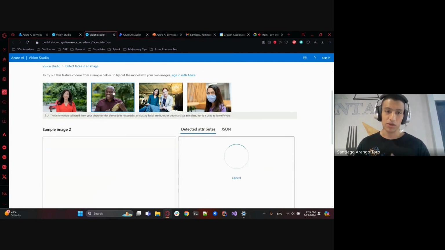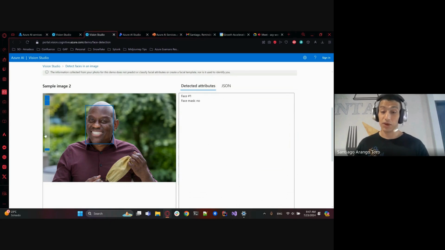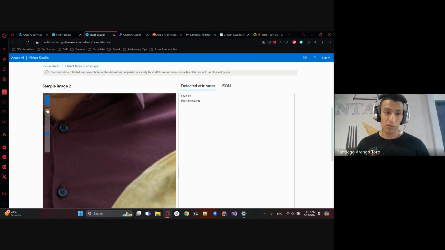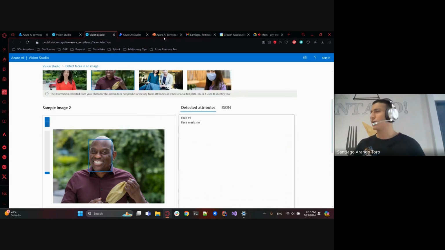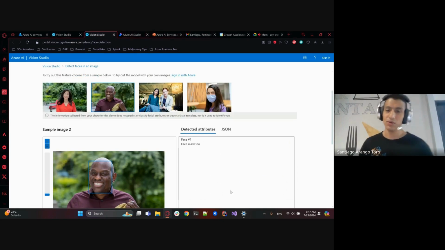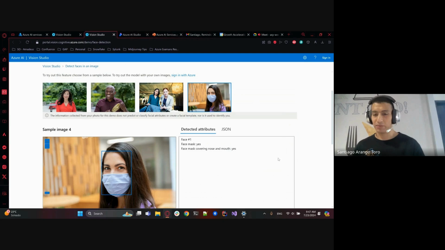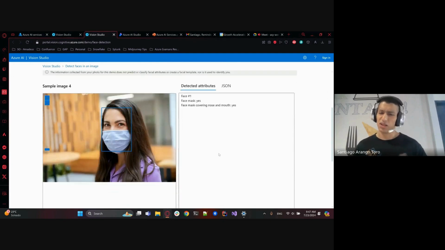We can use it in order to extract faces from a particular photo. As you can see, the AI was able to detect a face in one particular image, and it can give custom details. As an example, this one was pretty helpful to detect if a person has a face mask. Of course, this was pretty important throughout COVID, and after COVID, it was actually a good implementation for security. Maybe today it is very valuable for hospitals or the medical industry,